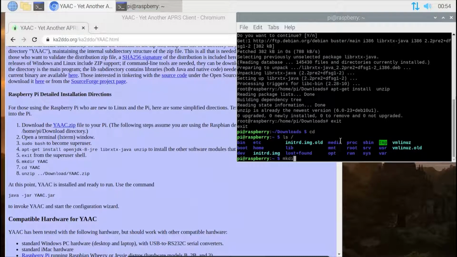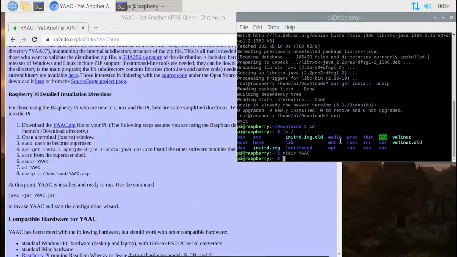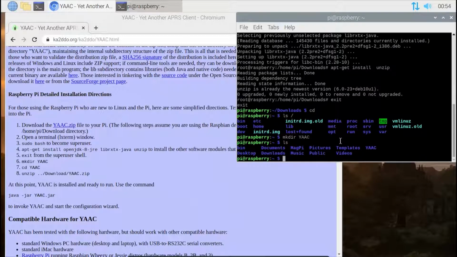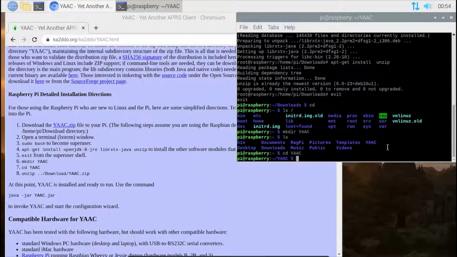So mkdir YAAC, and if we type ls, this is our home directory. You'll notice YAAC now appears here on the right. Okay, we're now going to go into that directory, so cd for change directory, YAAC. So we're opening up that file and stepping into it,